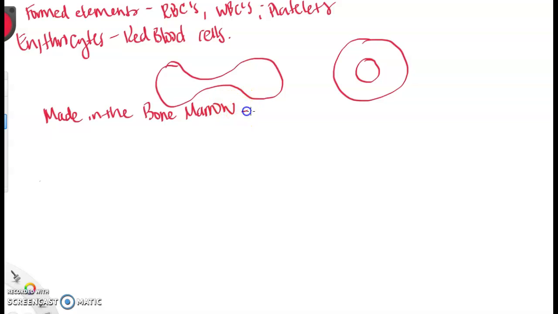And they come from hematopoietic stem cells. And these stem cells actually are the stem cells for all blood cells. And when they differentiate into the cell that's going to become red blood cells or erythrocytes, that's what they become. So when they go through their process of being made, they enter the blood system